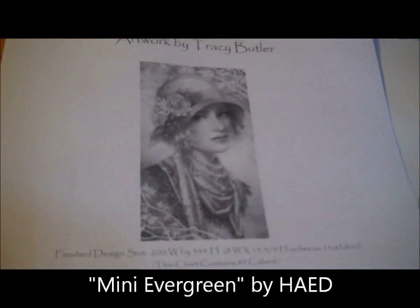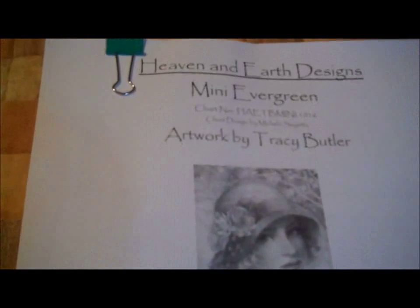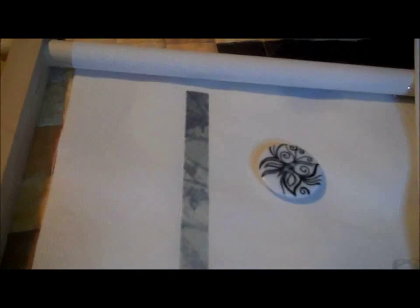This piece is called Evergreen, and I have the mini Evergreen from Heaven and Earth Designs. I do not have a color printer, so it's not a color picture, but if you look up mini Evergreen at Heaven and Earth Designs, you'll see she's just a beautiful, beautiful piece. And I was able to whip out the first column on the first page pretty quickly. For being Evergreen, I've only used grays and blues, but eventually I'll get to green. My issue with this pattern, now this is for me. I get to make projects for myself, yes, and this one's for me,